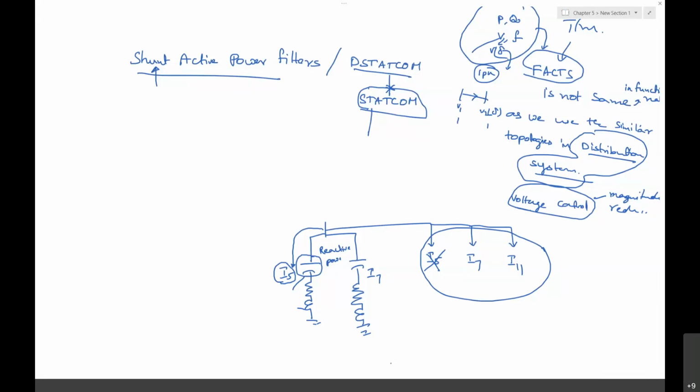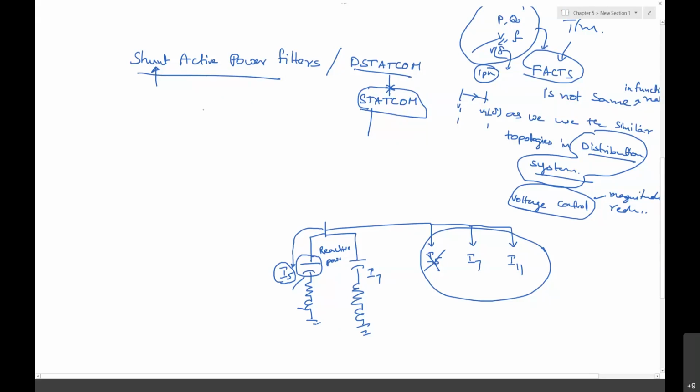Whether it is a change in the passive filter elements or a change in the load harmonics, the behavior of the passive filter may not be satisfactory. That may yield resonance phenomena, maybe series resonance or parallel resonance, or it is detuned to other frequency components. And based upon the requirement of the load, we again need to design the passive filter for every harmonic current.